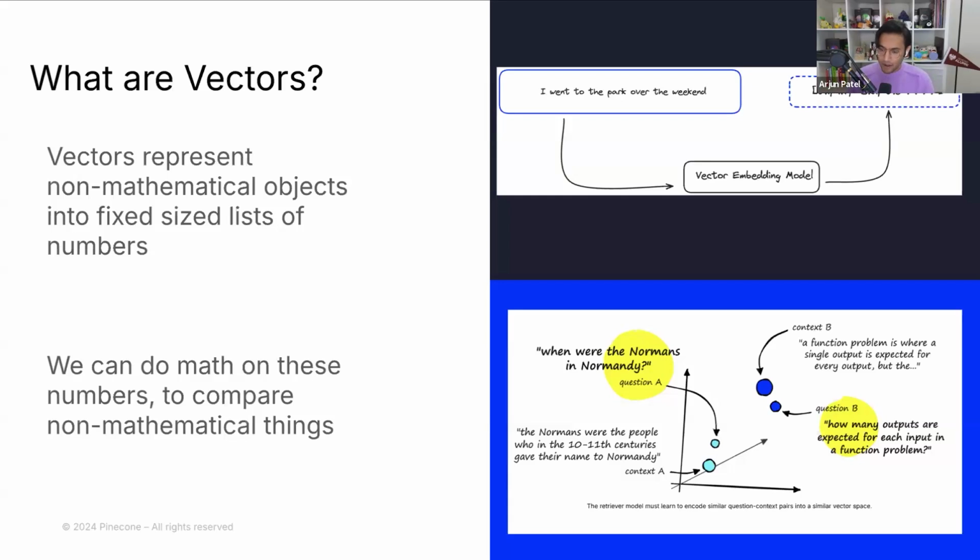So in the bottom right of the screen, you can see that we have questions and we have answers that are clustering together in vector space. And we can determine what the answers to questions are based on how close they are in vector space. Now, of course, the question is, how do we accurately represent what these sentences and texts mean in vector space?